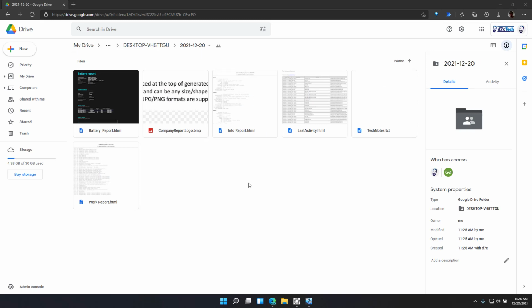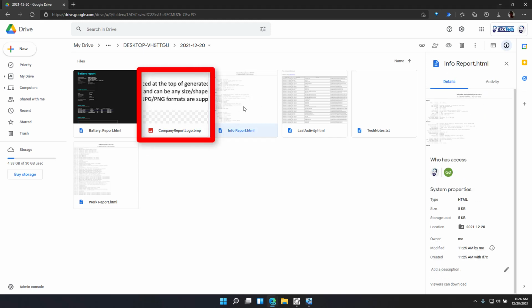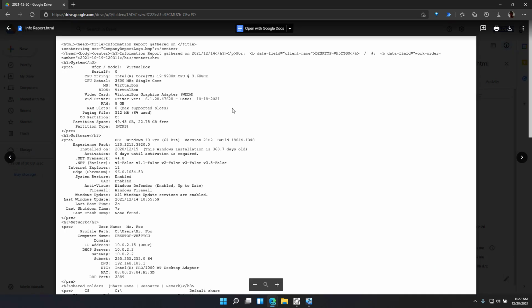Right now, that's about the end of the D7X functionality, but I wanted to show you as far as the reports that are uploaded, it also uploads the logo, which is attached to the information report. You can see in our thumbnail, you can see it's HTML, but if you just click on it, you're going to get the actual text HTML. You're not going to get the actual preview. Now, if you do an open in Google Docs,